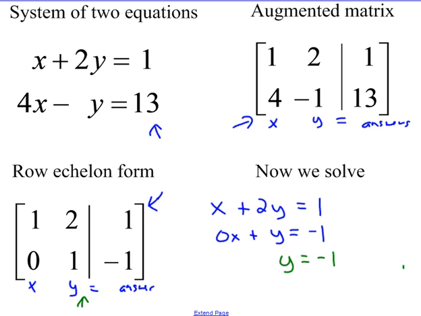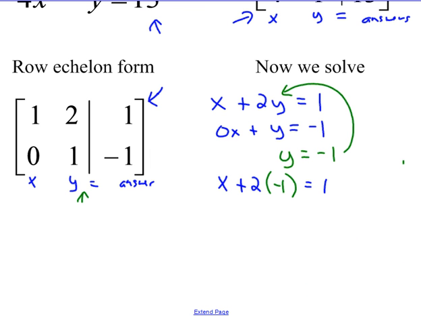And having this 1 here will generally give me that 1 answer. Then I'm going to use my first equation now. I'm going to use some substitution. And I'm going to say x plus 2 times y equals 1. And now I solve that. So this becomes x minus 2 is 1, or x is 3. And I have the solution of 3, -1, if you want to write it like a point. So that's sort of the process. We can expand it to using